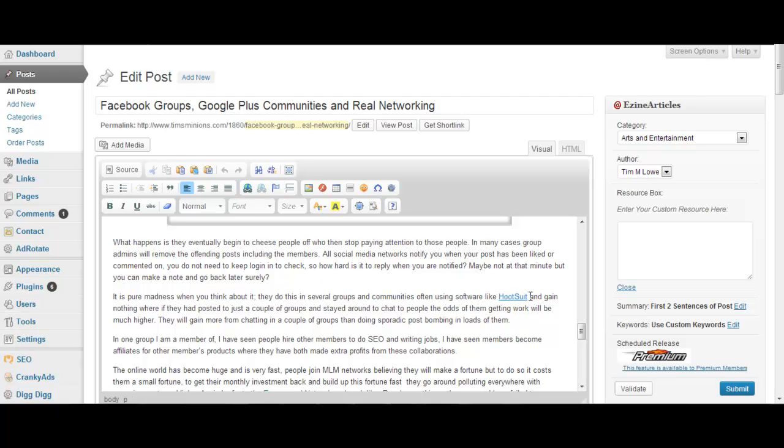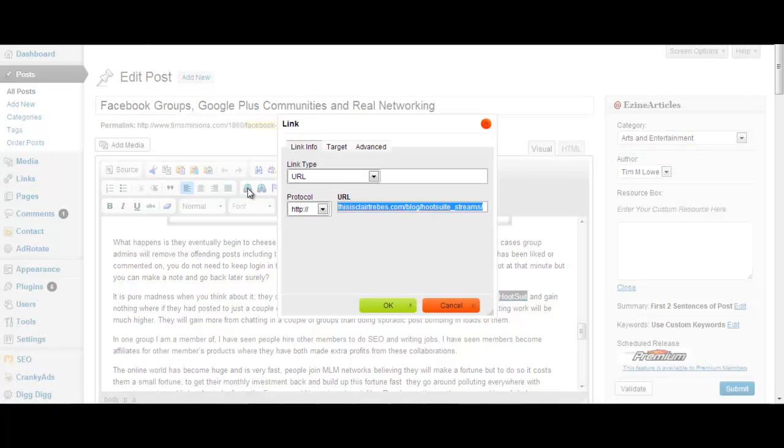So for example, here, as you can see, I've got the Hootsuite. If I click on the link, it tells me that I'm actually linking this to a blog post over on clairetrabes.com, but there's no way of clicking a no follow box, which is a shame because I've actually got the plugin installed. So what I need to do